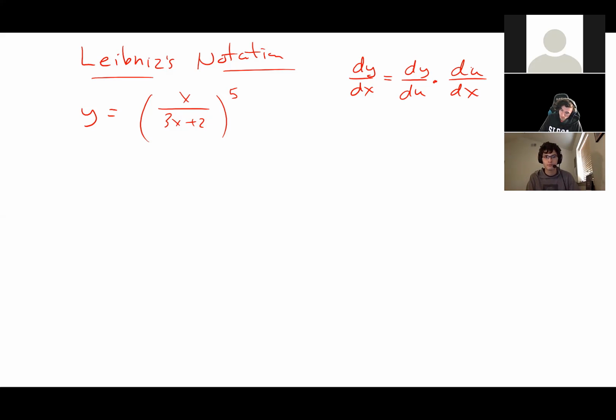And so u is a middle variable that we're going to introduce. Okay. We're doing the same thing. Don't think it's something different. It's the same thing as the chain rule. It's just that we're partitioning the two variables out so we can take them one at a time. So what we're going to do is make a u substitution, just like we used to do in